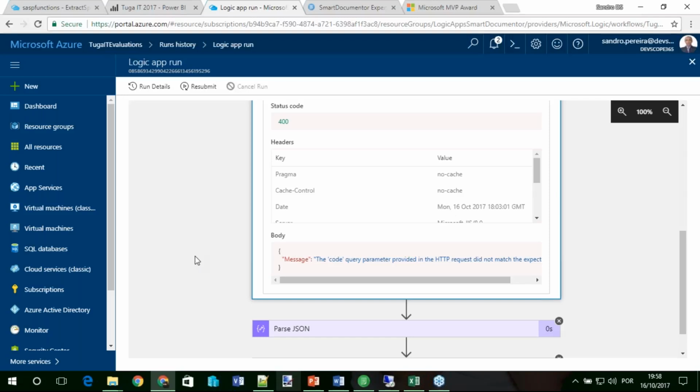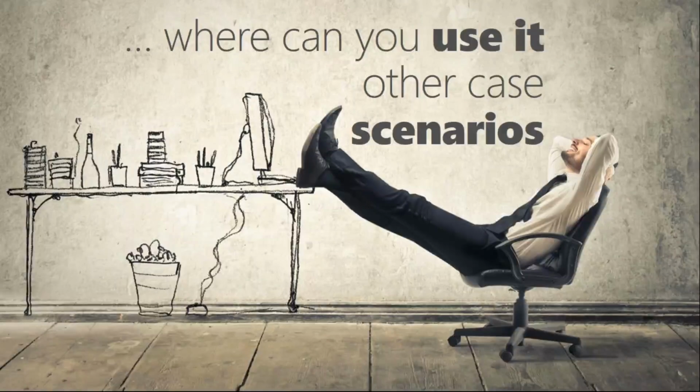So I showed a way to evaluate forms, and I can easily do that. Where can I use it in other cases? The main focus of my session was evaluation forms.